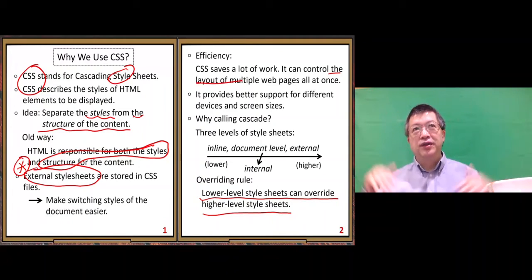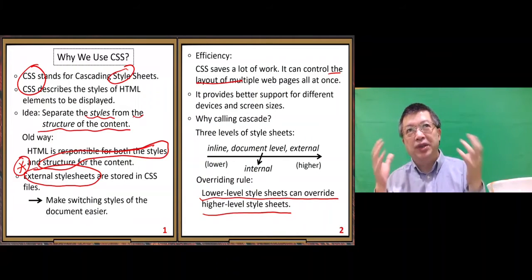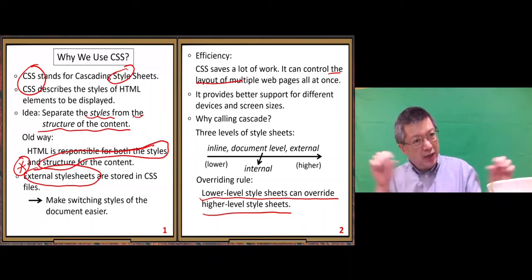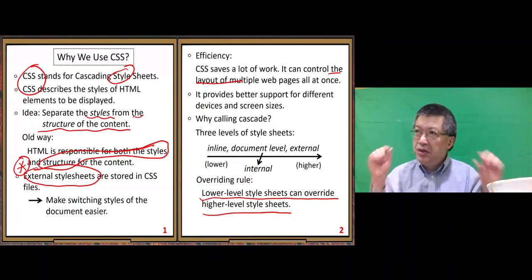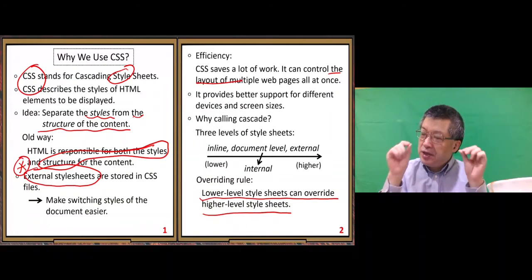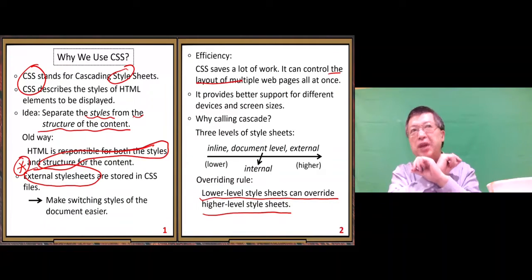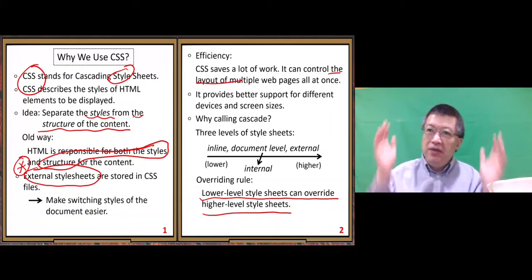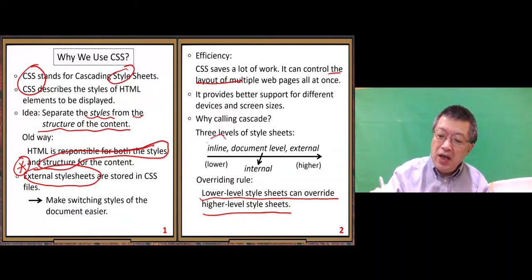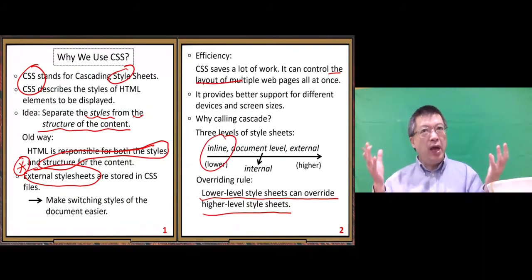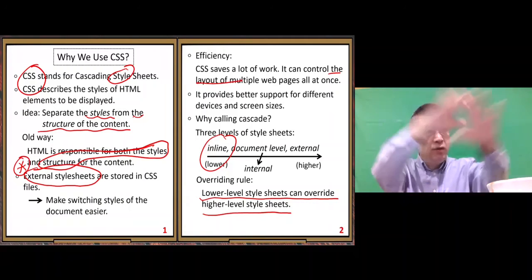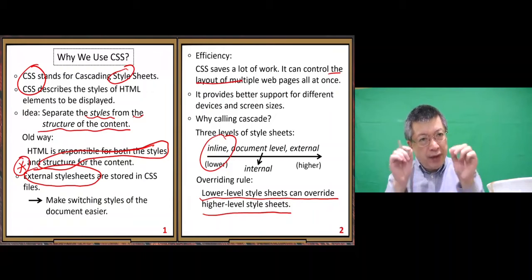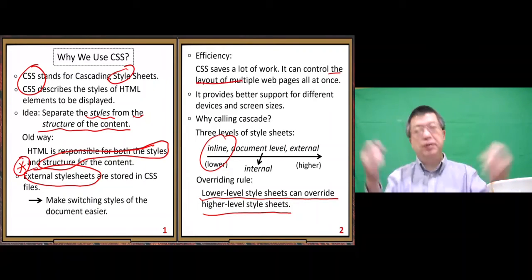Now in this internal document, we use some particular style, but we have one special line. Our line is so special that we want to use a really special style on it, but it only works for this line, not other places. In that way, we like to use the inline style to override the whole document style. We only change this place. After that, we go back to the